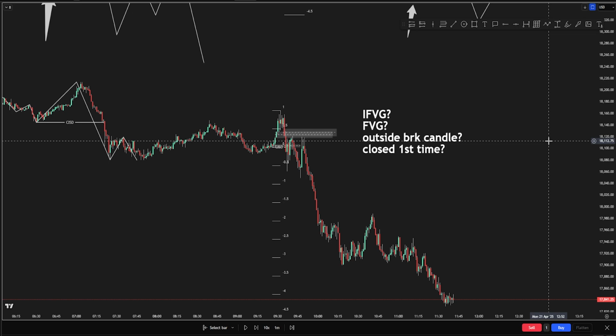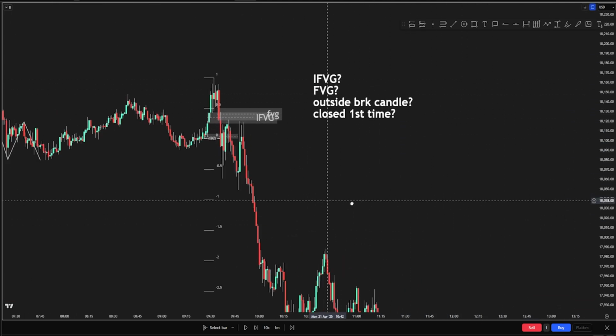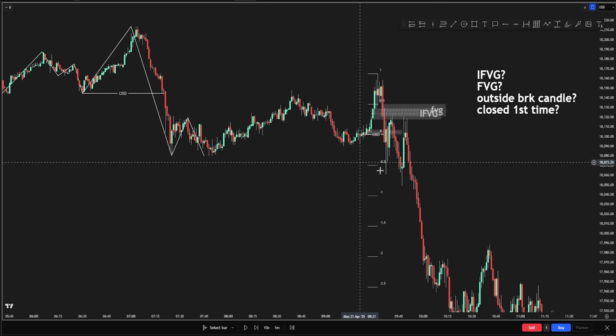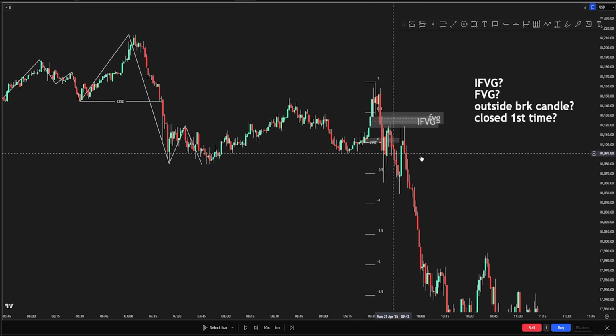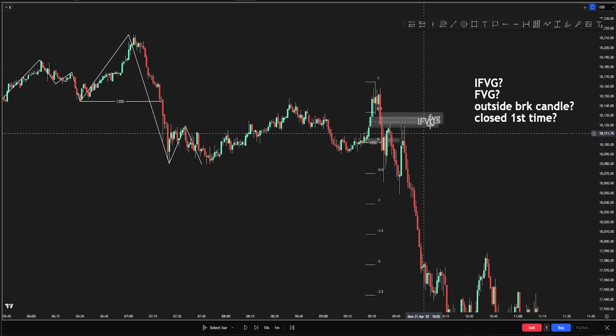So if it has 2 things, you target -2. If it has 3 things or 4, you target -4. It's as simple as that, but you do have to look into the details. Honestly, the small, tiny details that you don't think about are the things that make the biggest difference